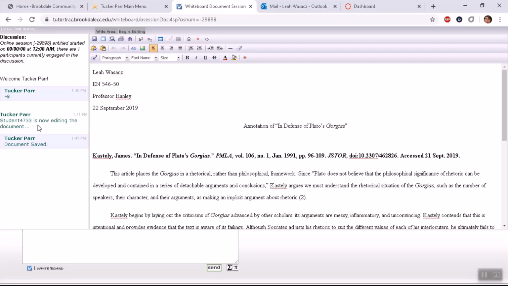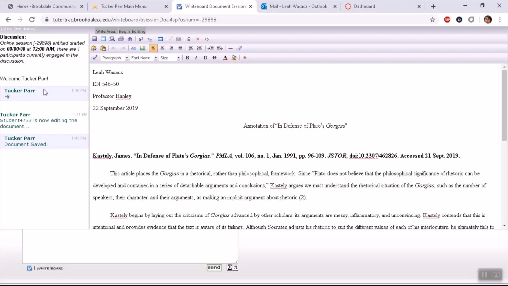Once you've hit Save and displayed your paper, it's time for you and your tutor to talk about the paper. Your tutor will probably ask you some questions. They might ask you the types of things you want to work on, as well as the assignment and other sorts of stuff. You'll have an hour to talk through those issues, and your tutor will work with you to edit the paper and come up with suggestions and potential directions to improve it.